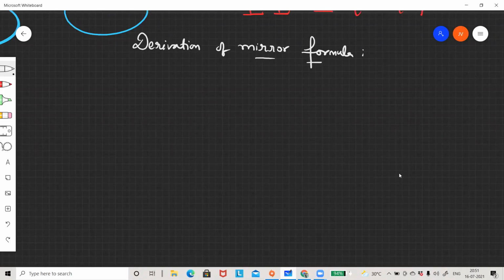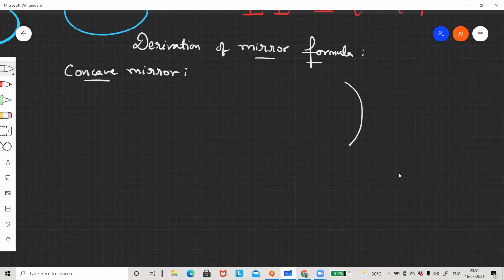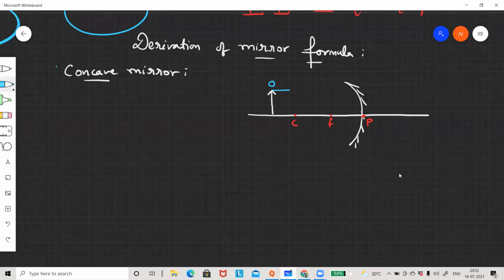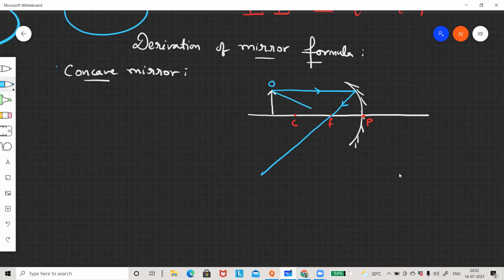Okay. So what I'm doing is, and we can do it for concave mirror as well as convex mirror. So once I'll start with concave and then I'll go for convex. All right. So any one image formation I have to take for any location of the object. A ray of light parallel to the principal axis from the object after reflection passes through the principal focus. This is one rule. And a ray of light through F,